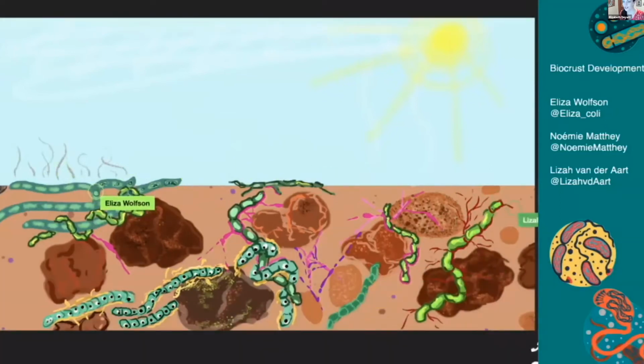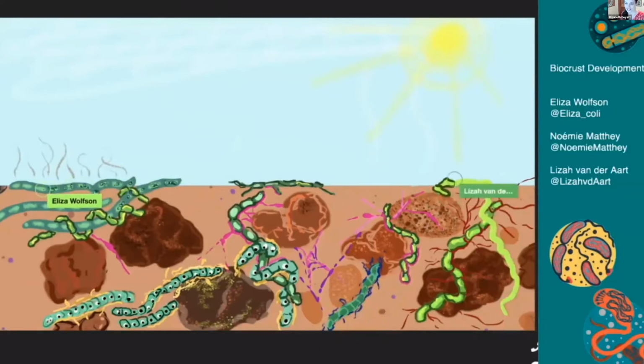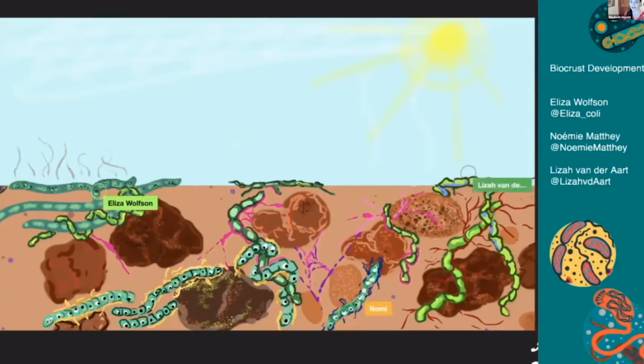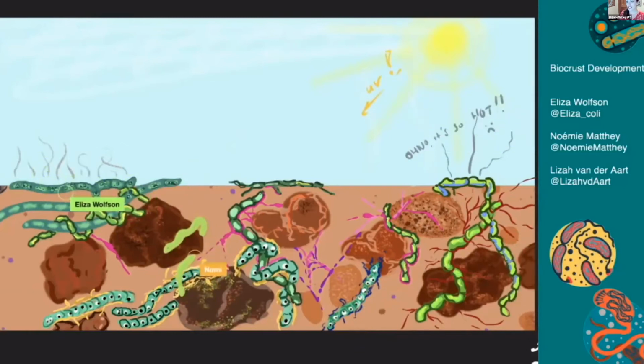So we're going to talk a little bit about another microorganism called lichen. Lichen is a symbiosis in the microbial world that happens between a fungi and an algae or a cyanobacteria. They live together and form a symbiotic relationship, meaning that they sort of help each other out in different ways. Some lichens can grow as big as 3 feet tall, and other lichens can be